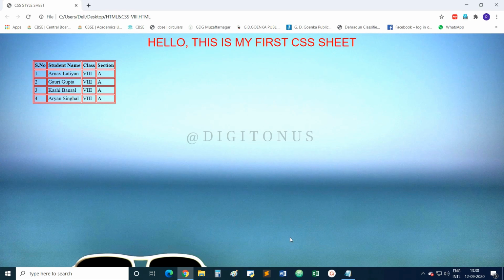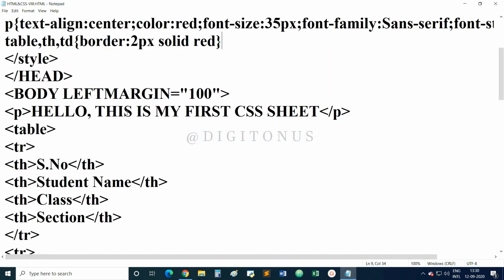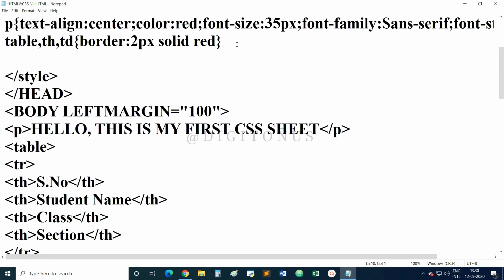Okay. Now suppose we want to change the color of a specific thing, like suppose I want to change the color of the row, that is tr. So I will write here tr, then curly braces, then I can give color, that is I am writing it as blue.